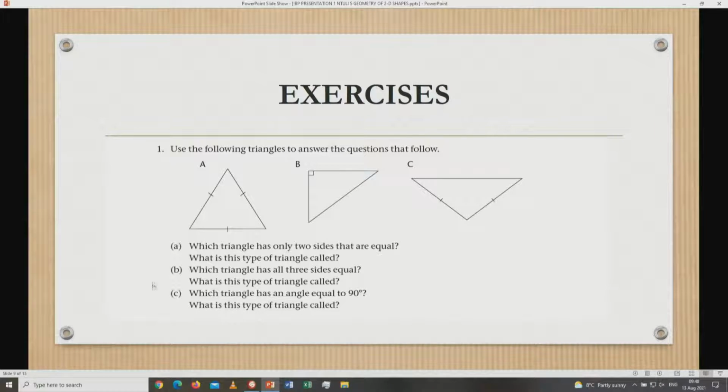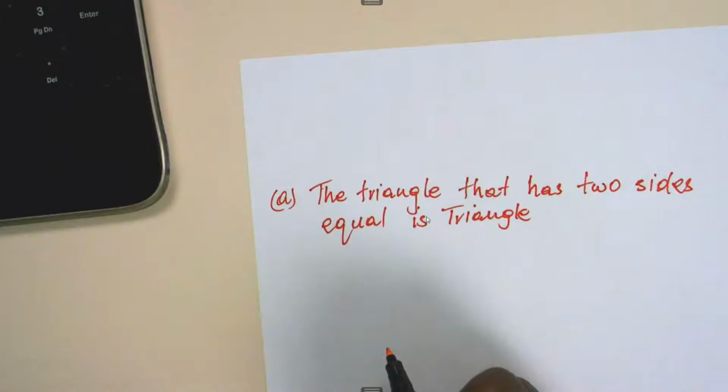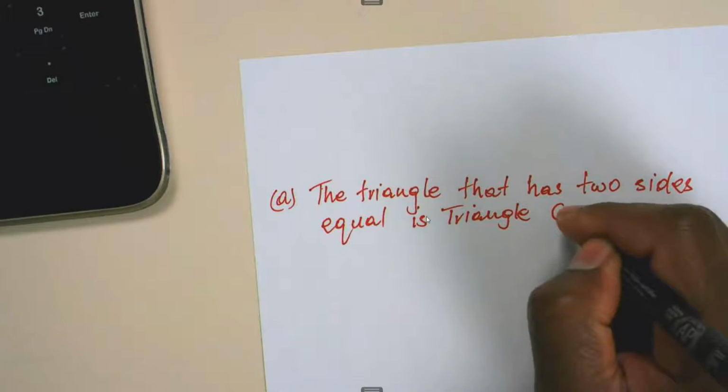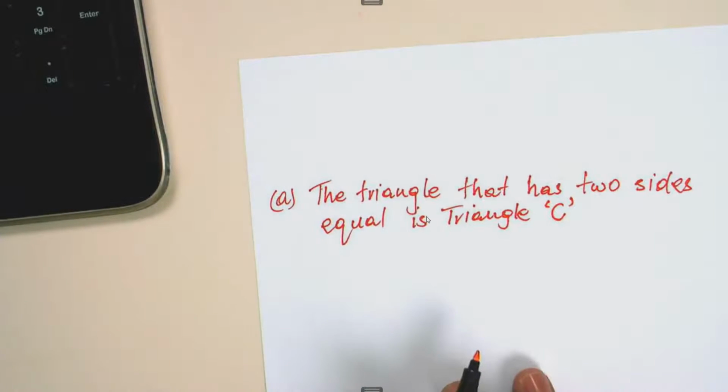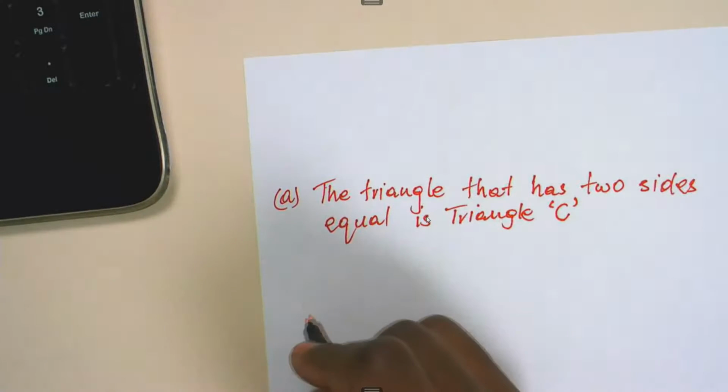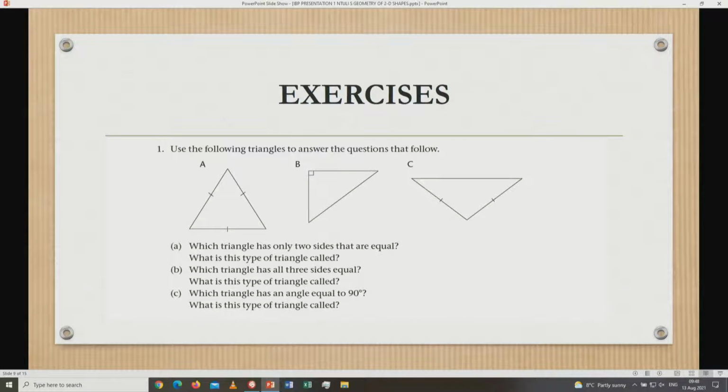Let us see here. This one has got 3 markings. It cannot be having two sides equal. This one has got only this right angle there. This one has 2 markings. So, which means our answer is triangle. Yes, that is correct. It is triangle C. Now, the second part of the question says to us, what is this type of triangle